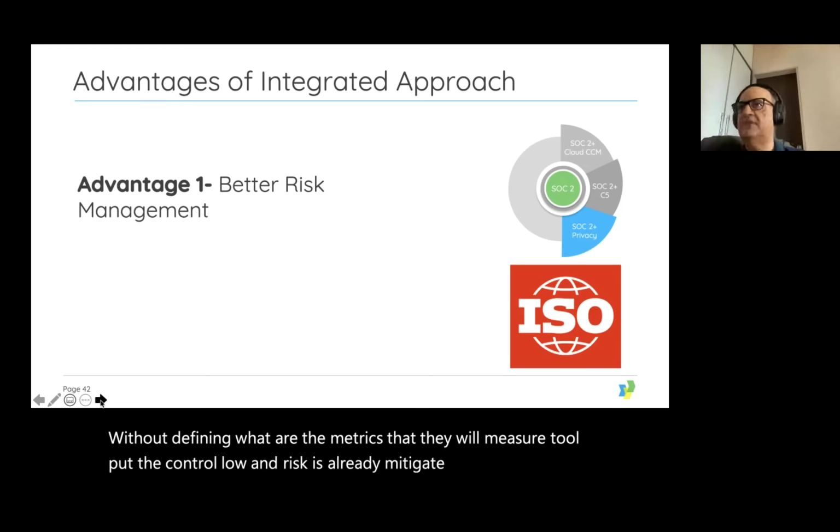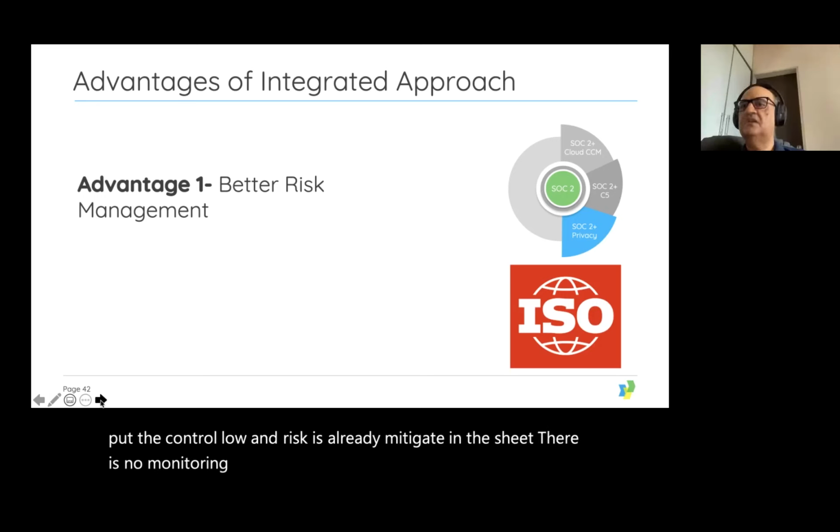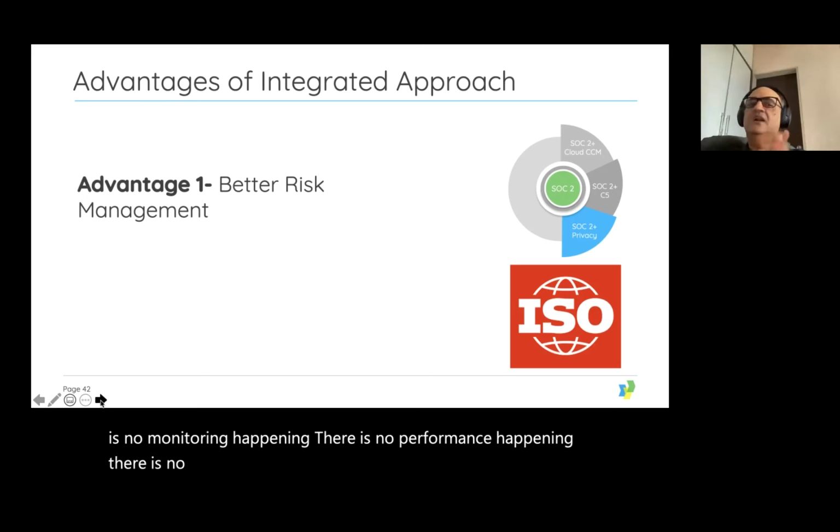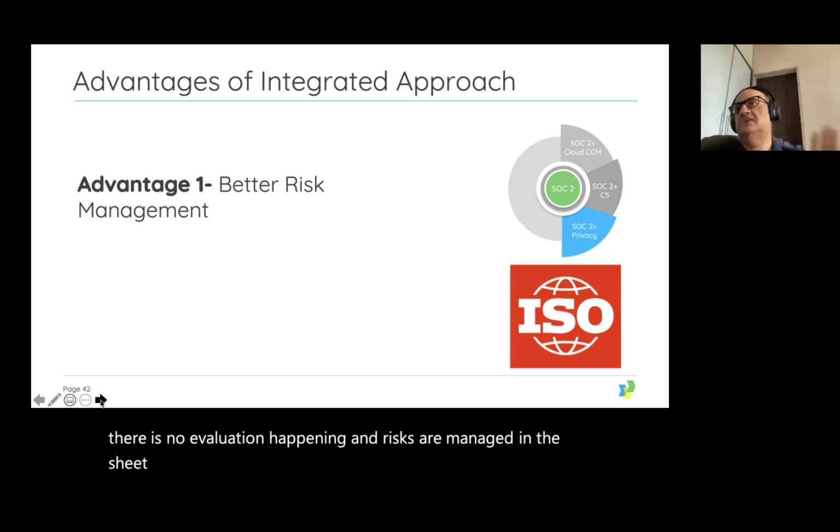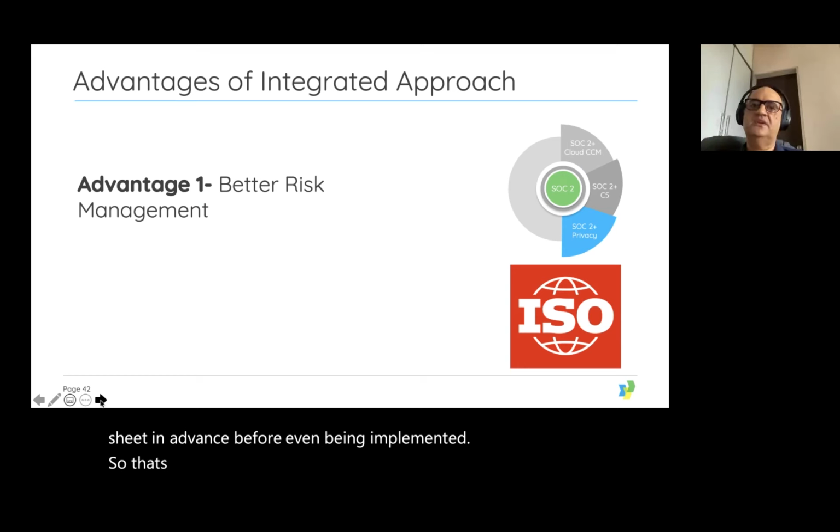There's no monitoring happening, no performance measurement, no evaluation, and risks are managed in the sheet in advance, before even being implemented. So that's the irony in today's risk management that many companies have.